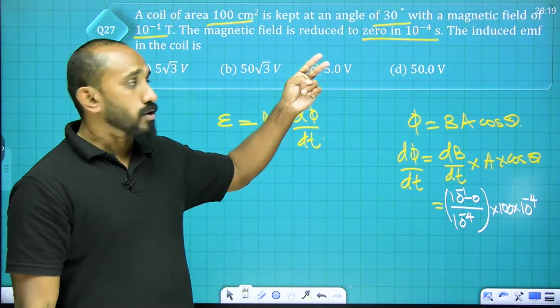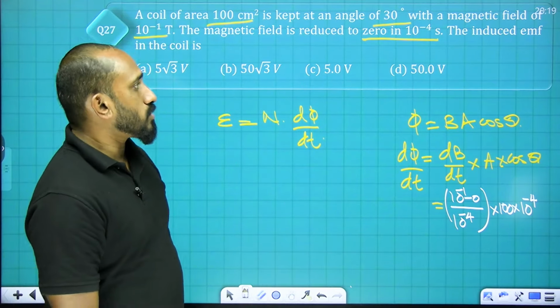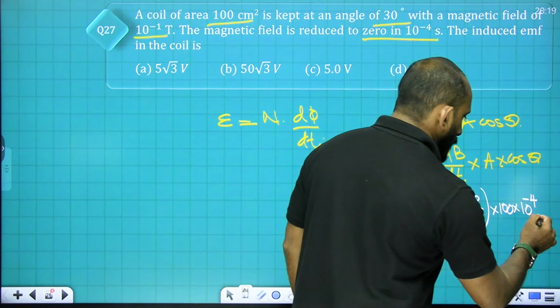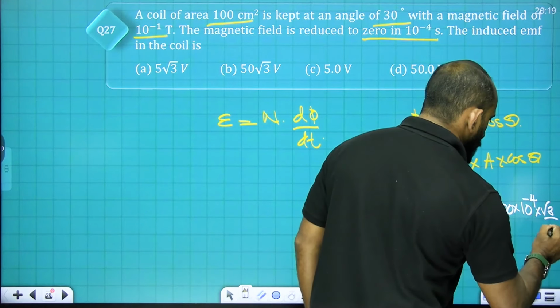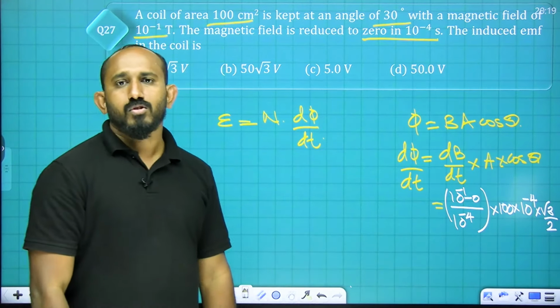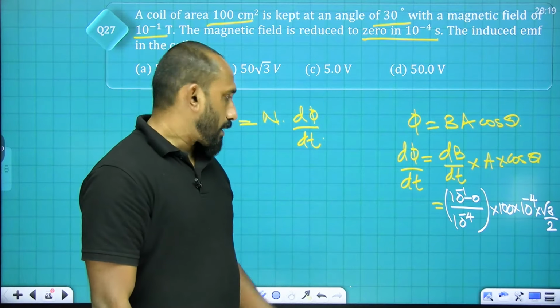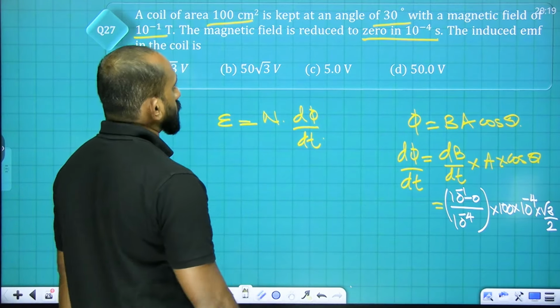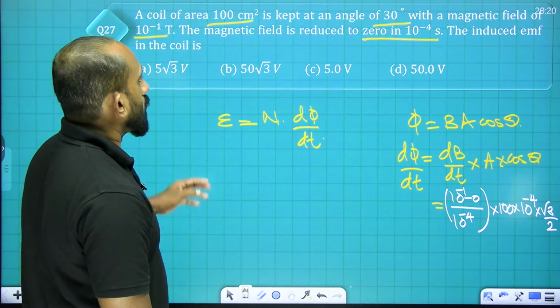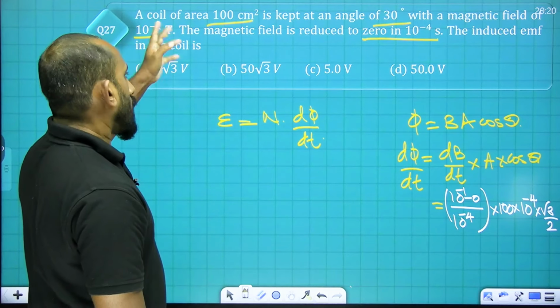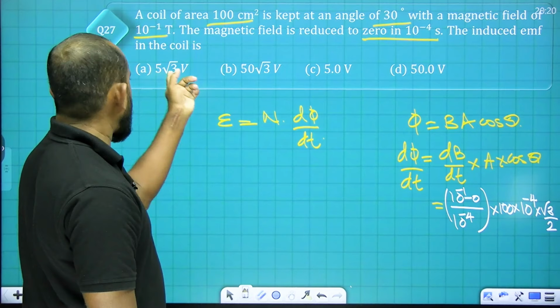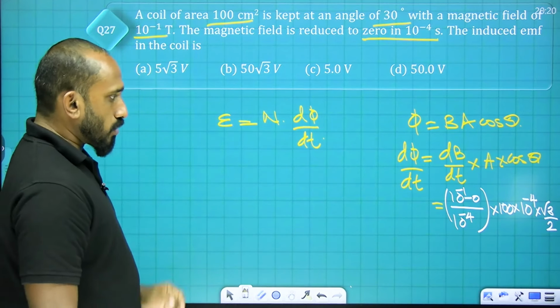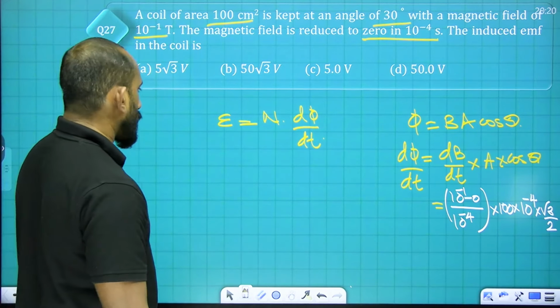Centimeter square to meter square, I have to convert it. Then cos theta is given, cos 30. You know cos 30 is how much? Root 3 by 2, cos 30 degree. Okay, so that is d phi by dt. Now n, the number of turns, is given as 1 only. So induced EMF will be, if you solve it,